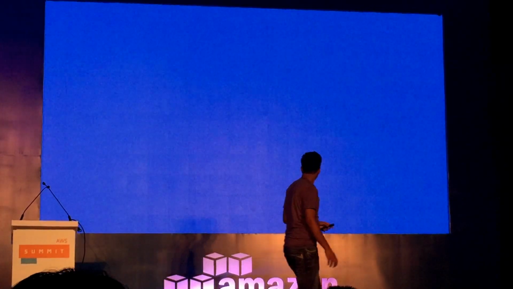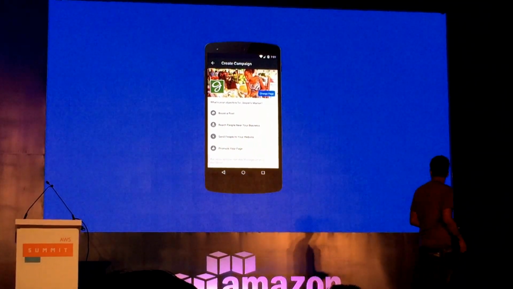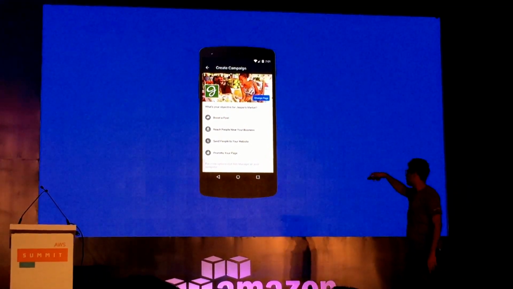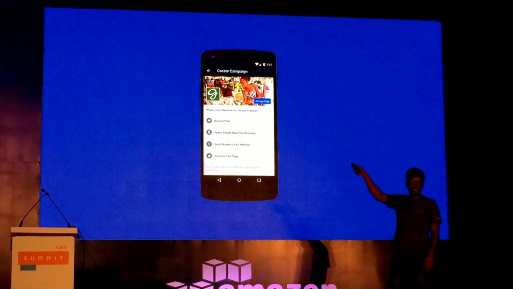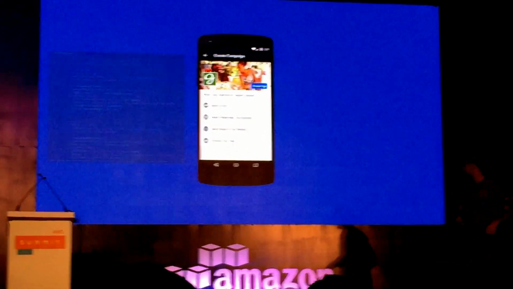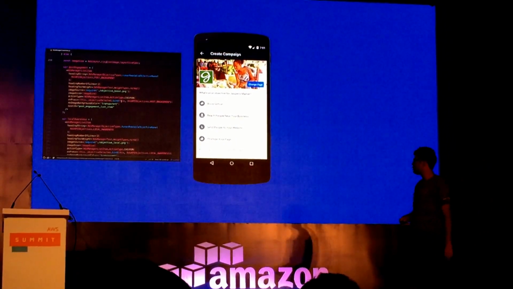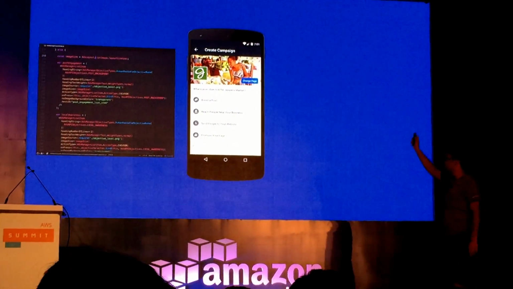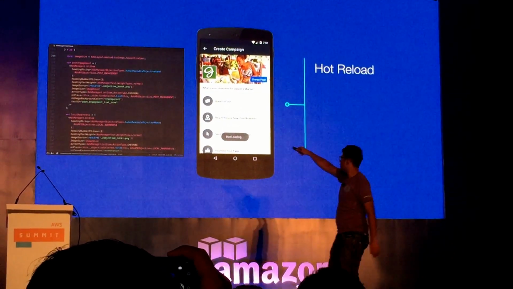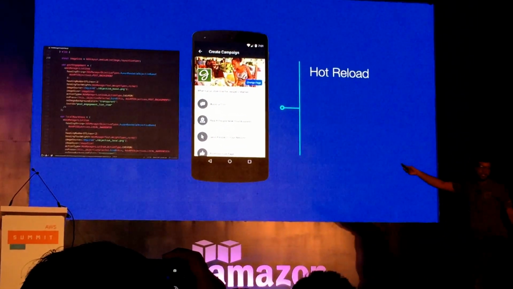And for this example, suppose I had to rearrange all these icons and I wanted the icon size to become big. If you were not using React Native, you would have to write a lot of code. I'm sorry, the code is not visible, but I just changed the styles above and live reloading.